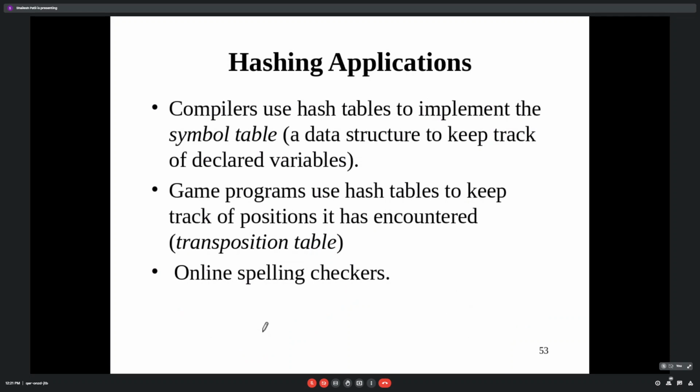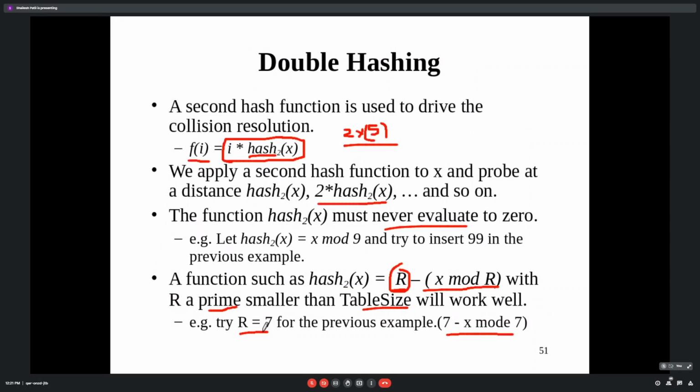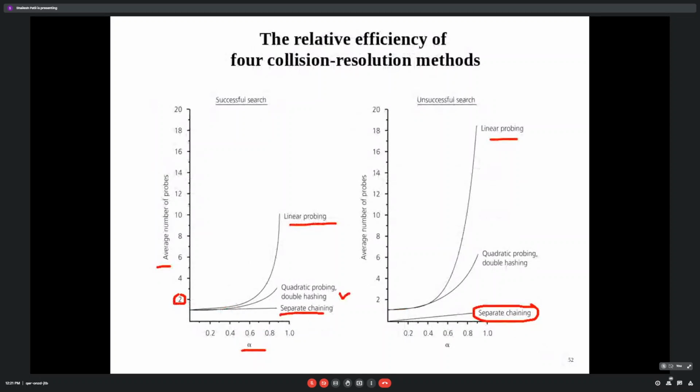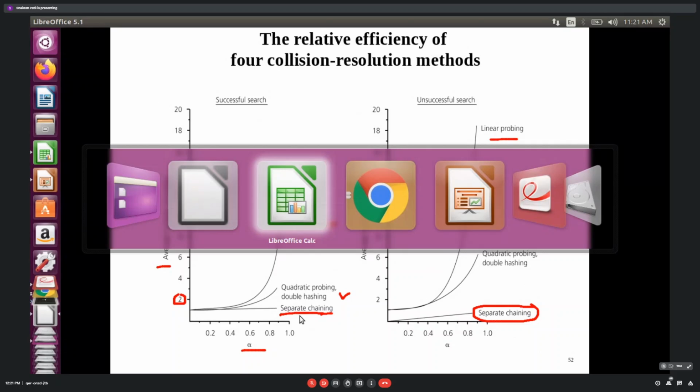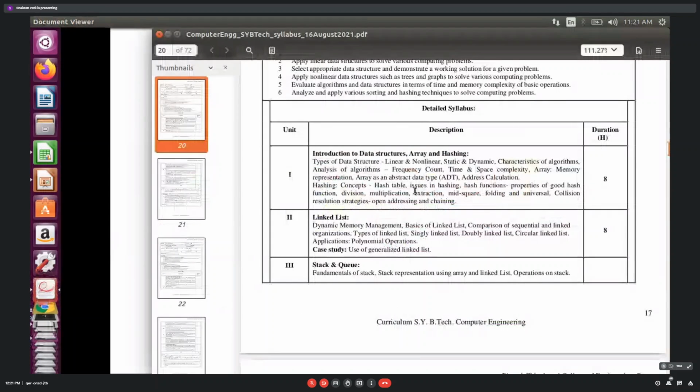So for all this, we'll prefer the chaining strategy. In the next lecture, we'll complete double hashing and separate chaining, and practically we'll finish separate chaining also. So in the next lecture we'll finish your first unit. In the syllabus of the first unit, we have gone through hashing, hash table, different issues, hash function, and properties of a good hash function. What do we mean by a good hash function? Division and multiplication are the different techniques we have gone through. For collision resolution there are two things: open addressing and chaining. Open addressing we have finished. With double hashing and chaining, we'll finish this unit in the next lecture.